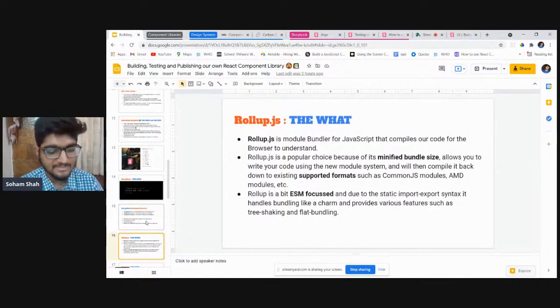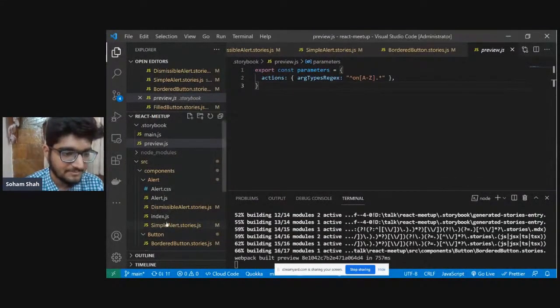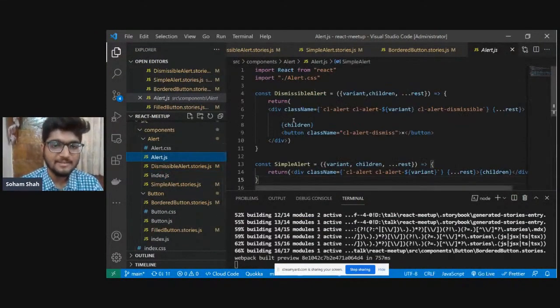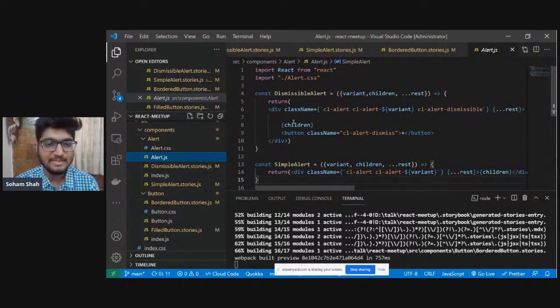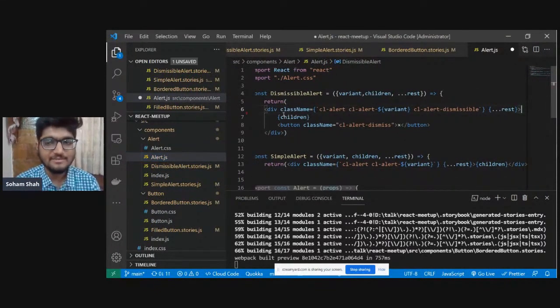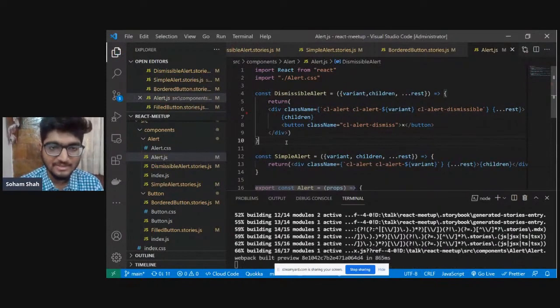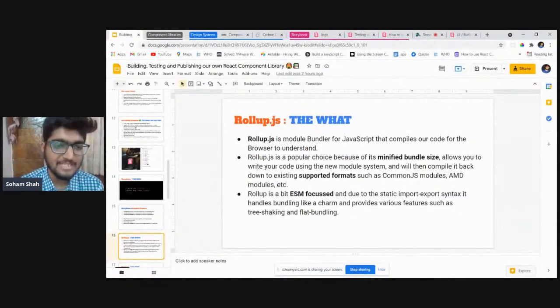But the thing is that you can just observe here in alert.js that we have written it in the modern ES6 format, which is also a very good thing because it makes our apps future proof, because it is the latest syntax, and it is a very good way to write code that is clean and manageable. So for modular code, it passes, but the browser doesn't understand. That is our problem, right? So for that, we need to transpile this ES6 to ES5 or below. So we use Babel for that.